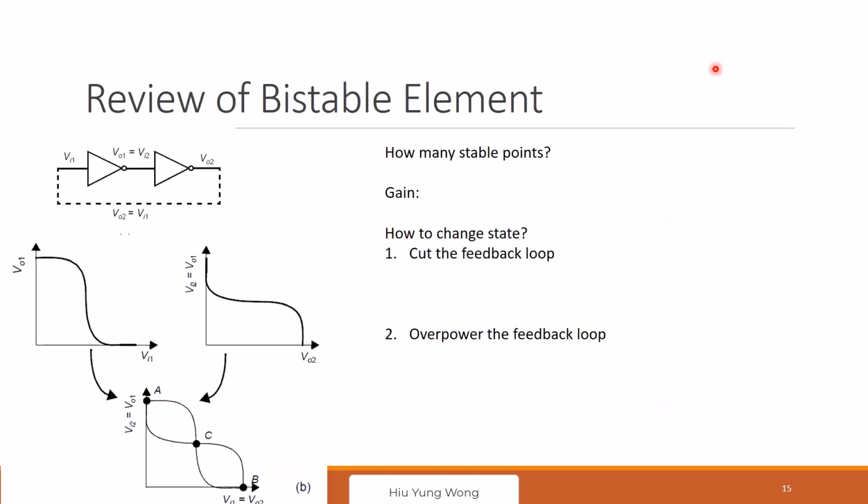Okay, if it's clear, then let's move on. I just want to review again the bistable elements. So now we talk about the latch. So we see the big